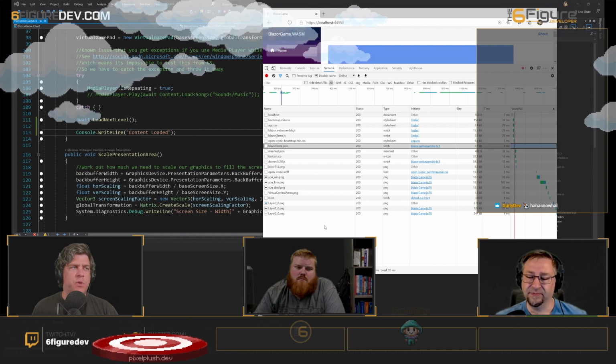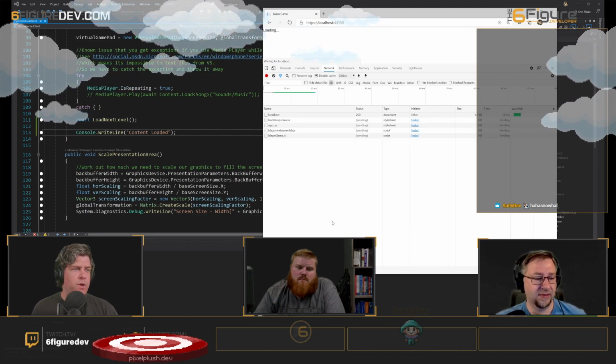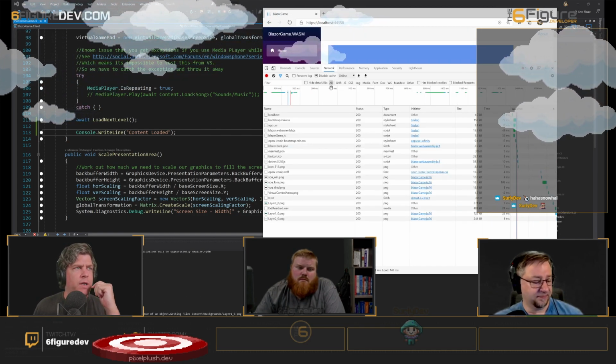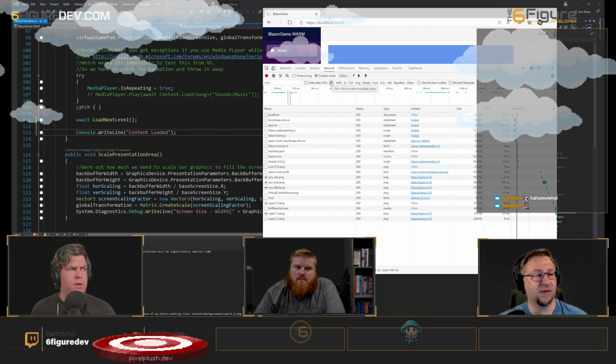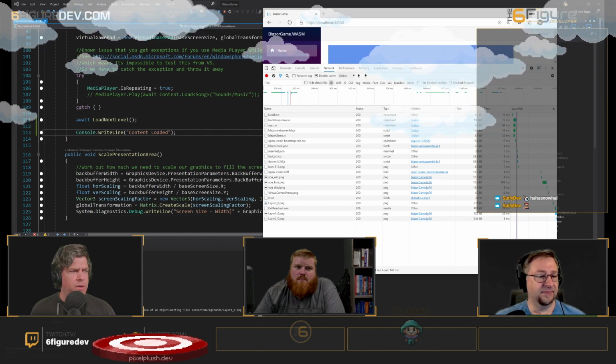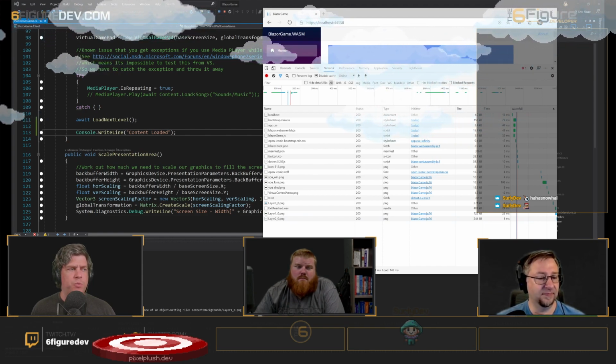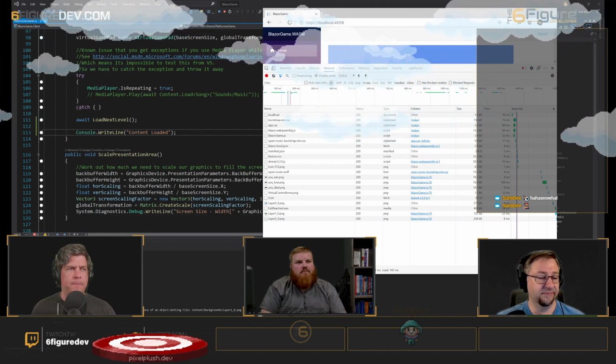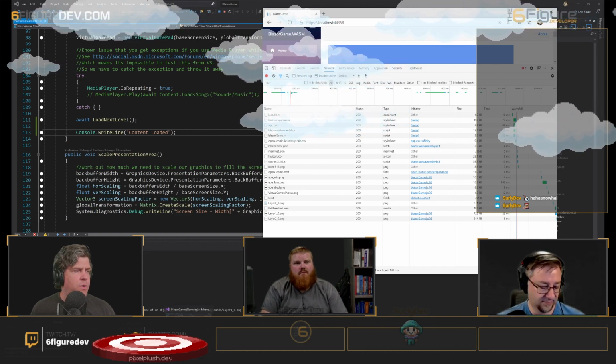But I just want to show something. So if I hit F5, I've got disable cache, I'm showing all the stuff. We don't see the DLLs loading, but literally this entire website, 2.1 megabytes transferred. Now, if I go and